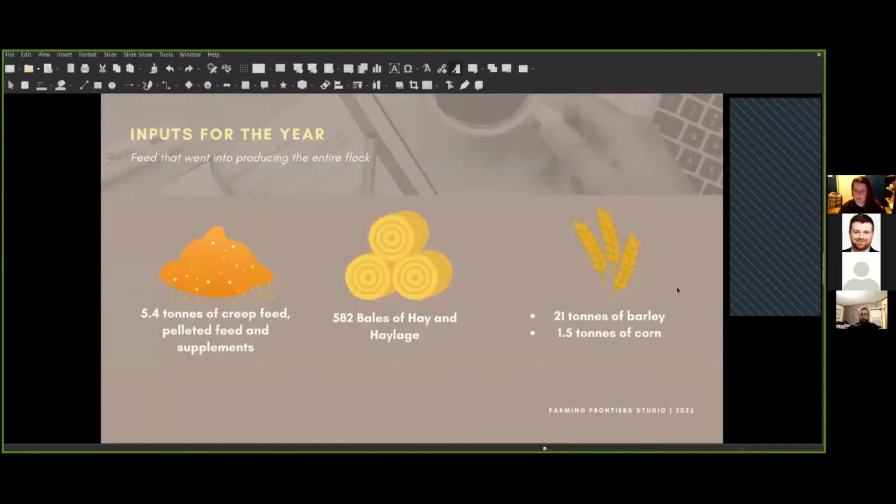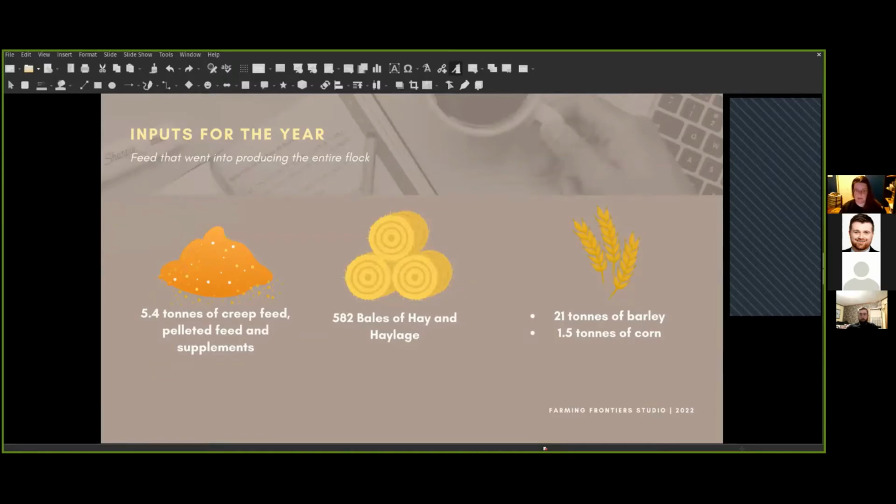coming from. So I also wanted to include the type of inputs that we use, because I find this might give you a better insight as to where the costs were coming from and how this might relate to your operation if you want to go down that road. And it's always a fun number for me to look at, because I like to see how much hay we're using, how much creep, just to see if we're using more or less. We put a lot of effort into better hay this year, so it seemed to have paid off because we needed less grain. So we used